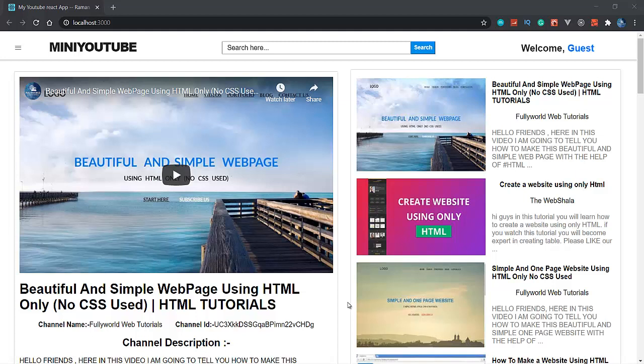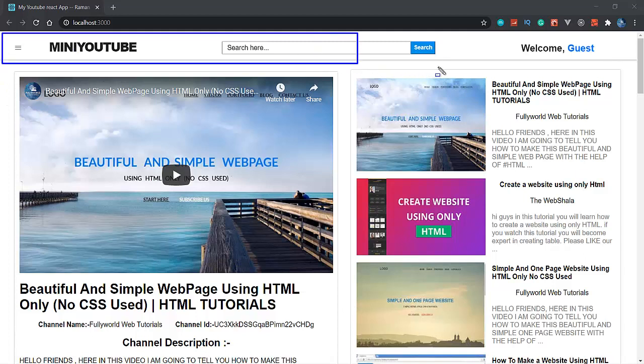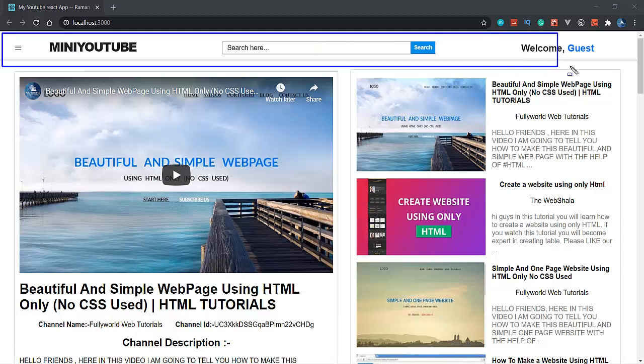So in this series we did the introduction part already, but now this is part 1 of this series, and in this first part we are going to create our interface. In the interface we will only create our navigation bar first. This whole project is going to be built from scratch.